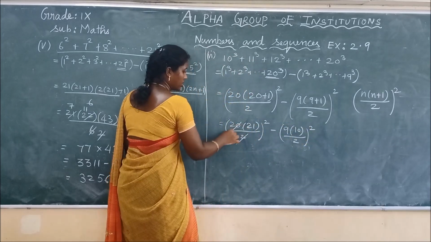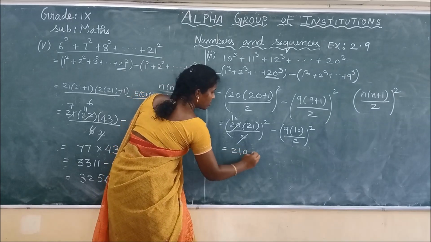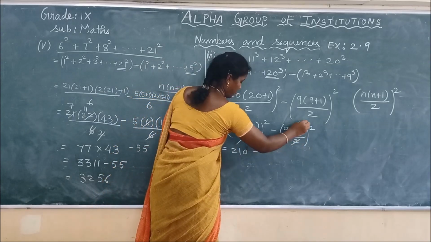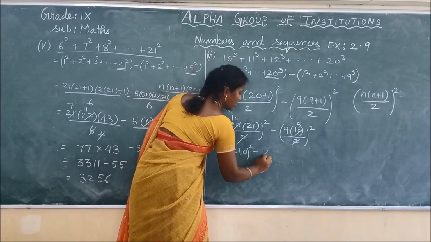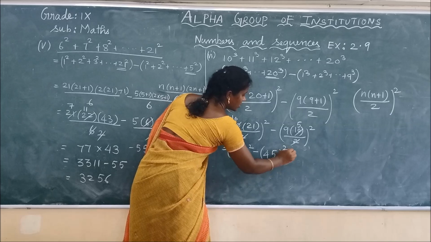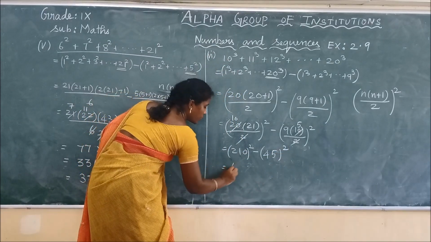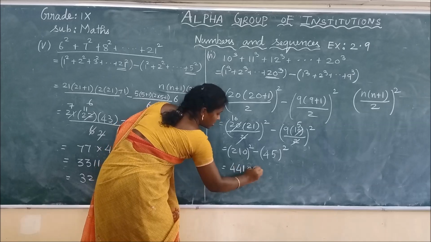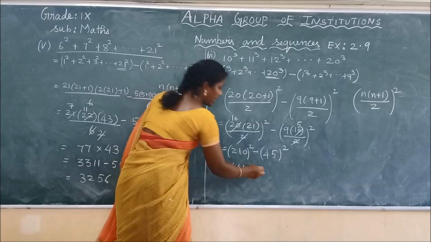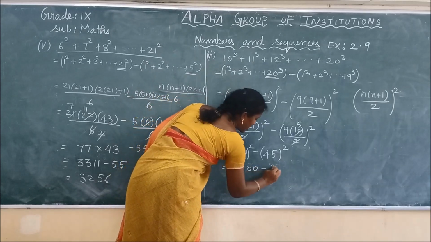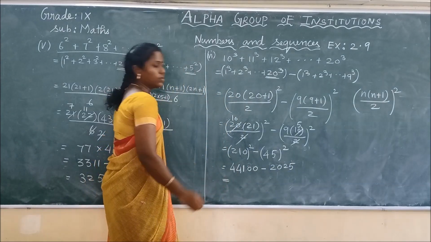If I simplify, you can simplify 10. So the value is 210 minus, simplifying by 210 the whole square, that is the square, plus 200 the whole square, minus 45 the whole square. Okay, so 210 the whole square, that is 21 square is 441 and double zeros, minus 45 square, we have to find 45 square, 2025. So if I subtract both these values, it will give me